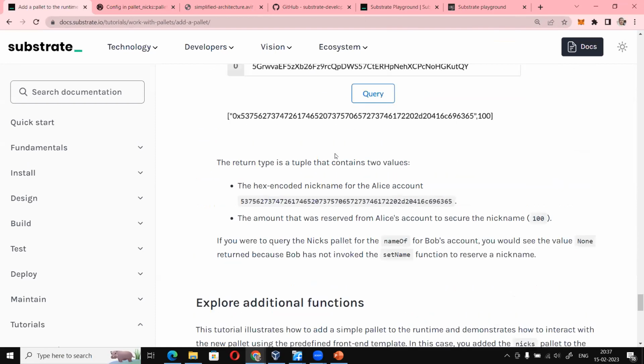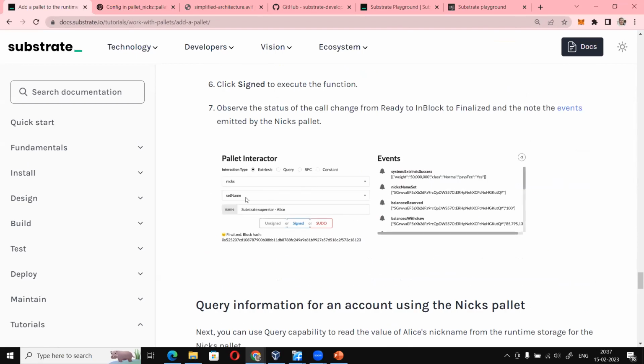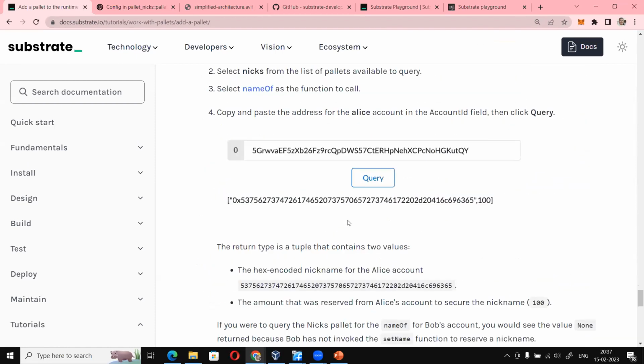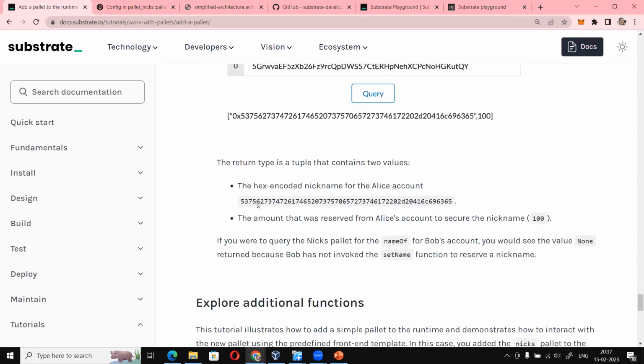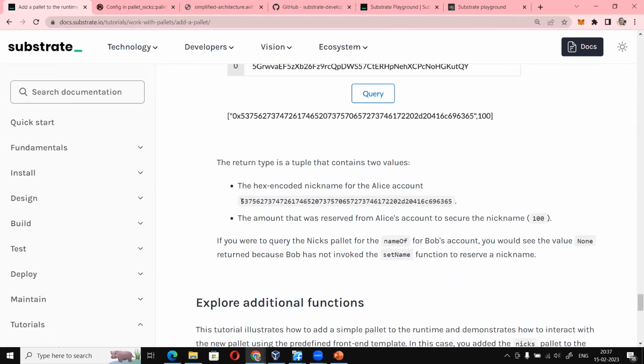And when you click on that query, whatever name that you set will come out here, but you will get a hex encoded nickname. Here we set the name as substrate superstar-alias. This is the actual string, but internally in the blockchain, it will all be stored, and you will be able to retrieve only the hex string of it. So let me just show you. If this is the hex string,